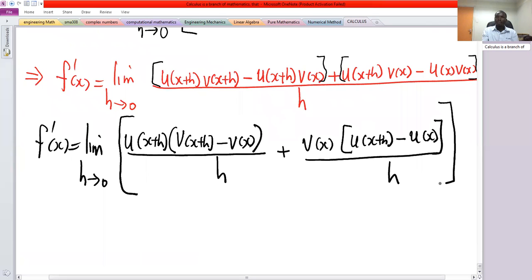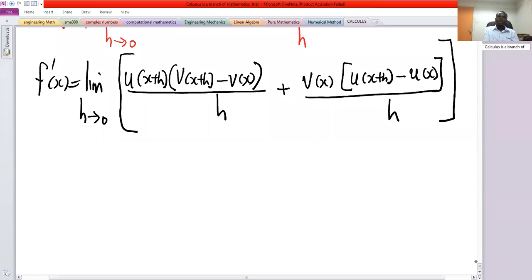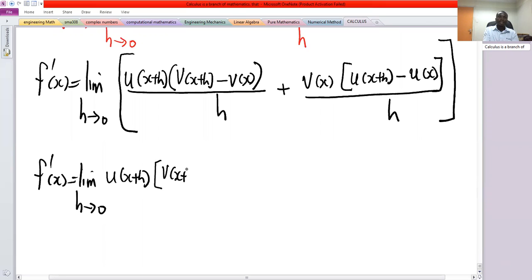There's no miracle I'm performing. It's still the same original expression I had. Now, the law of limit allows me to apply the limit on these two terms. So f prime of x equals the limit as h approaches 0 of u of x plus h times v of x plus h minus v of x, divided by h